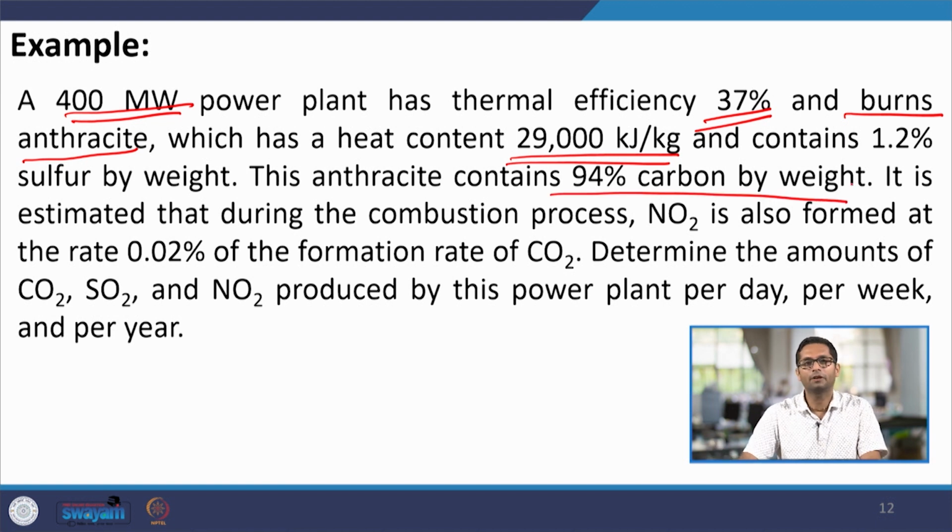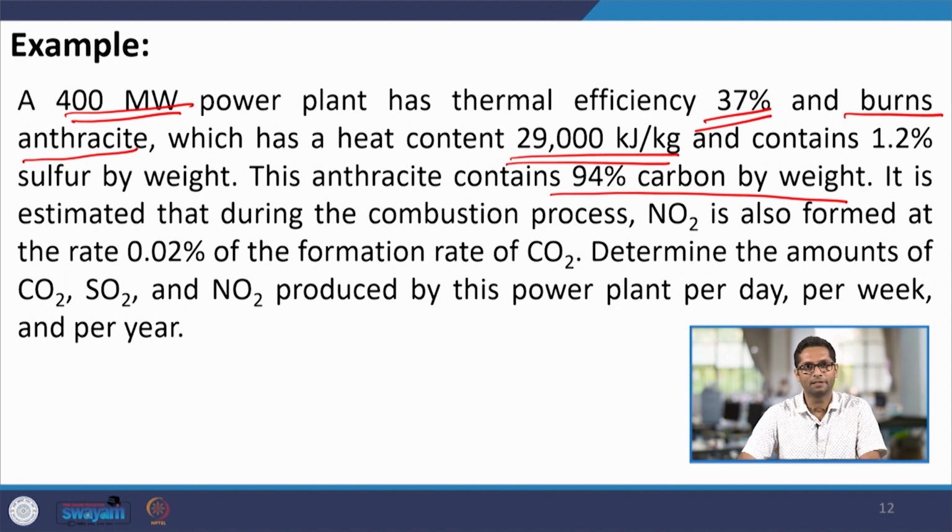Coal, as we have also seen in the earlier classes, is composed majorly of carbon, hydrogen and oxygen. The hydrogen and the oxygen amount being very less, and almost more than 90% of coal would be carbon. If you are taking a low grade coal like bituminous or lesser grade, the amount of carbon